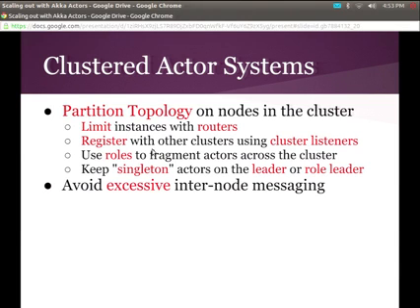You want to avoid excessive inter-node messaging. I mean, that's big on any distributed system. If I'm going to fire something across the network, it better be worth it. I better not be sending 1 and expecting to get back 2, and it's always going to be 2 because that actor only adds 1 to things. That's a useless network hit. Make sure it's significant.